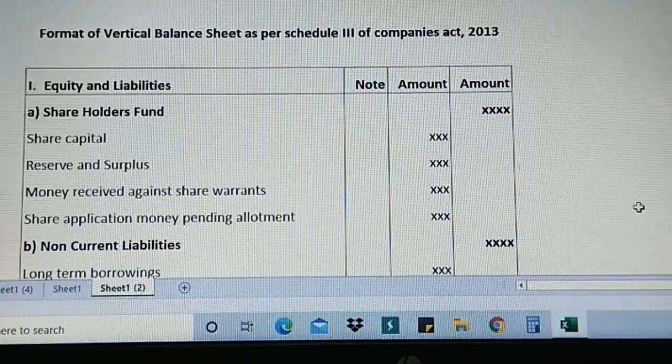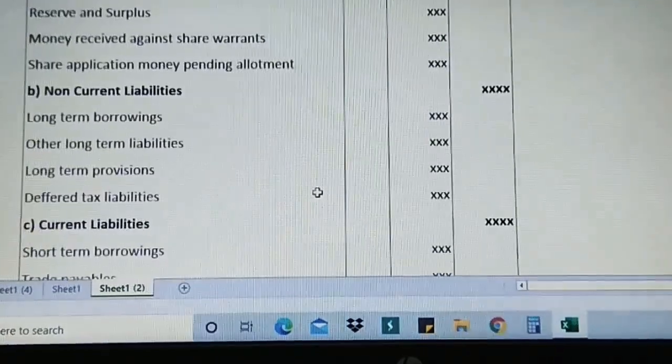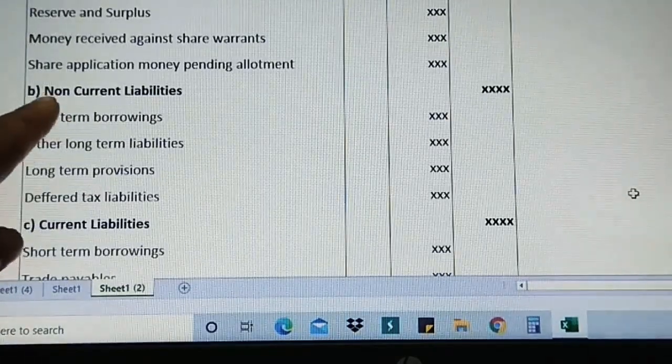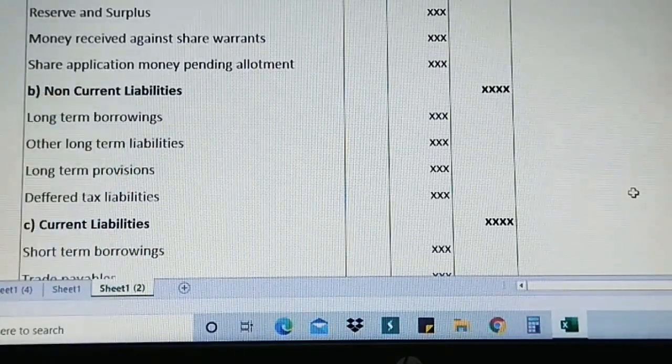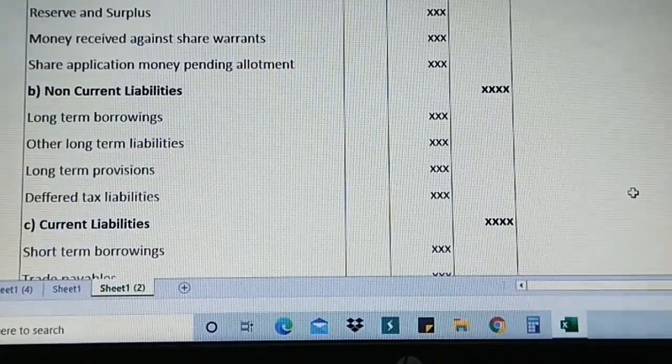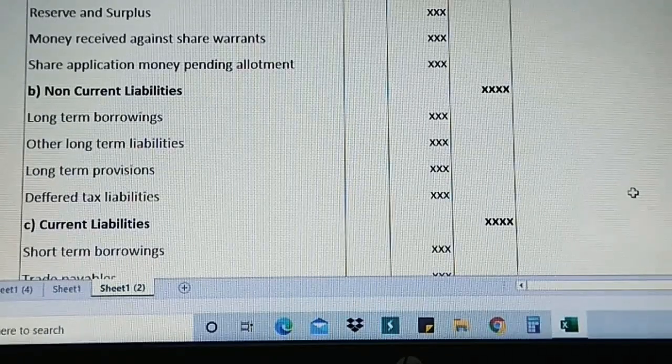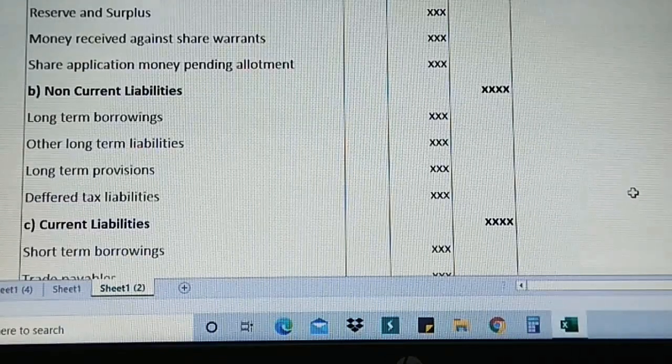Now going to the second subheading, non-current liabilities. Just observe what this is: non-current liabilities means it could be for a period of more than 1 year. If we have taken any borrowing from outsiders for more than 1 year, which means you are promising that you will pay them after 2 years or 3 years, meanwhile you shall be paying them the interest. This type of borrowing from outsiders is going to be treated as non-current liabilities.